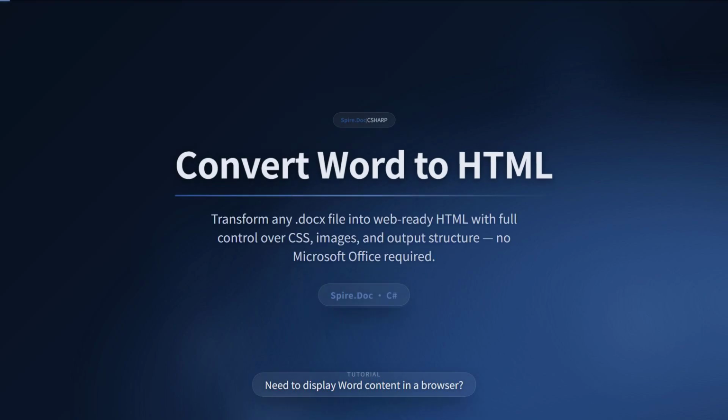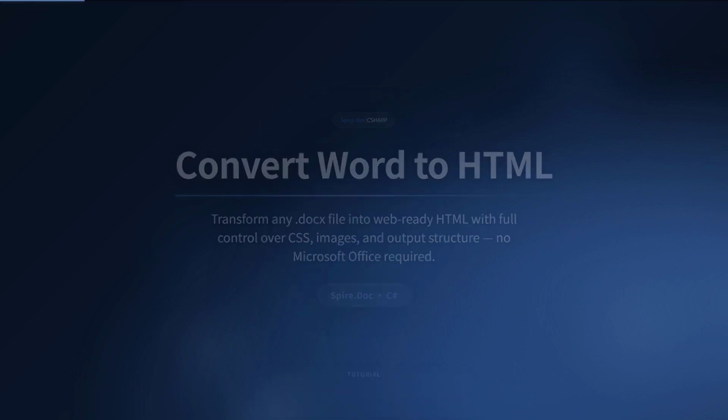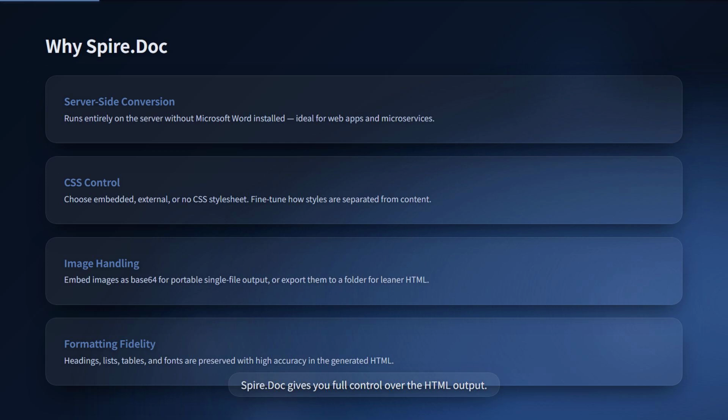Need to display Word content in a browser? Spire.Doc for .NET converts .docx to clean HTML in just a few lines, no Microsoft Office needed. Spire.Doc gives you full control over the HTML output. Export CSS to an external style sheet, choose whether to embed images, preserve formatting fidelity, and run entirely server-side without